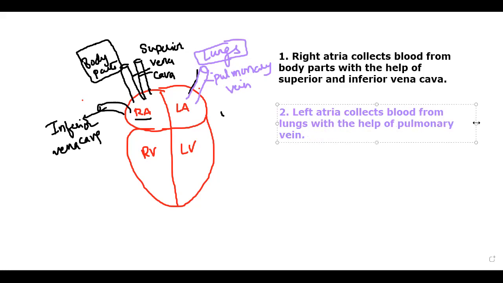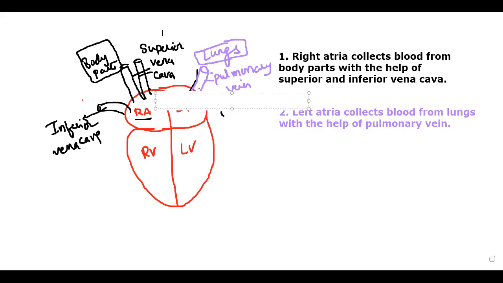Okay, then next, the third chamber, right ventricle. Let's go for right ventricle. The right ventricle pumps. We need to say pumps. So direction of the blood from the heart here. So right ventricle pumps the blood to the lungs with the help of pulmonary